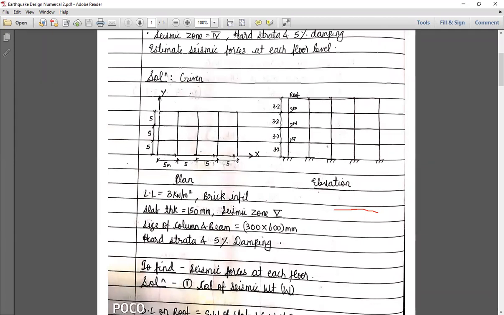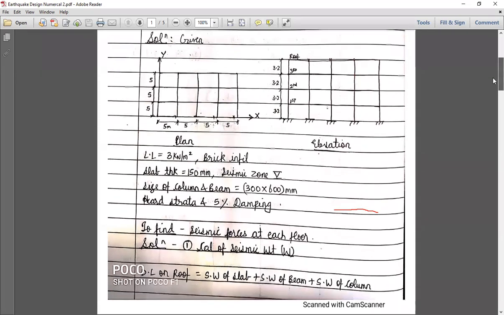Can anyone tell me? If the junction is the column, so this is first in X direction, you see 1 2 3 4. Okay, 4 beams, and how many rows are there? 1 2 3, 1 2 3 4. So this will become how much? 4 fours are 16 beams. And in Y direction how many beams are there? 1 2 3. And how many columns are there? 1 2 3 4 5. So this is 15. So 16 plus 15 is how much? It is 31. Is this clear now? How did 31 come?